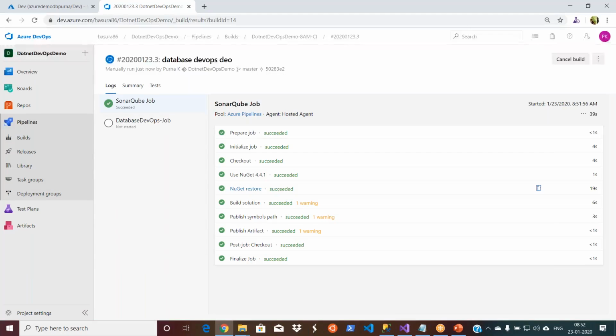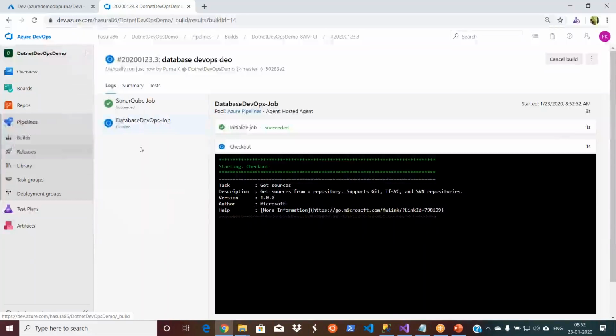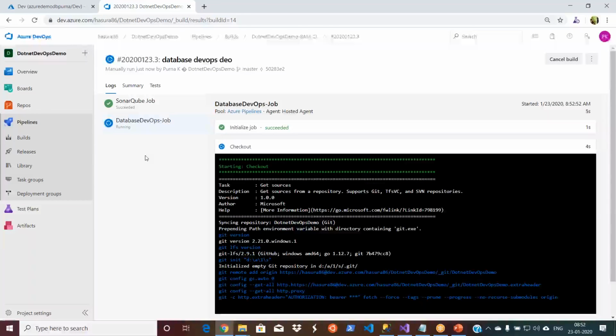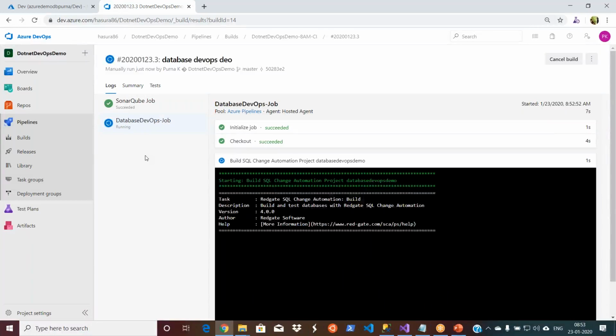That is the CD pipeline, continuous deployment. For continuous deployment, we use the other one, releases. Right now we are using builds. We will be using the releases. That's where you deploy all the artifacts that are generated from your build pipeline in different servers. If you are deploying your code, it will go to some server. If you are deploying your script, it will directly go to the SQL database.